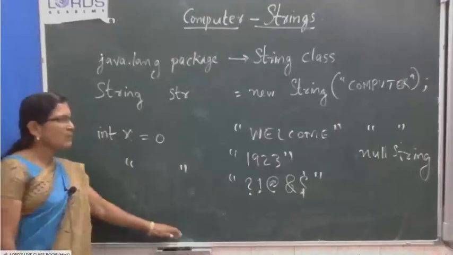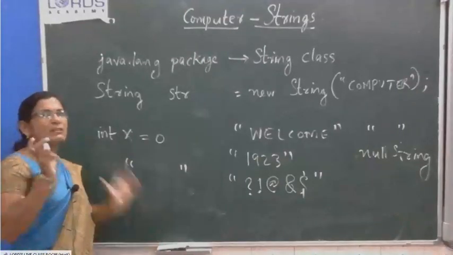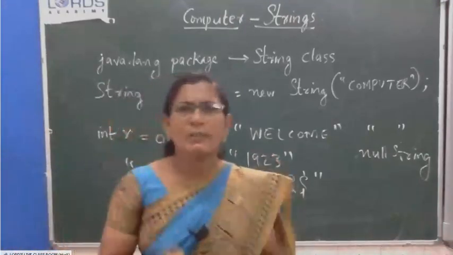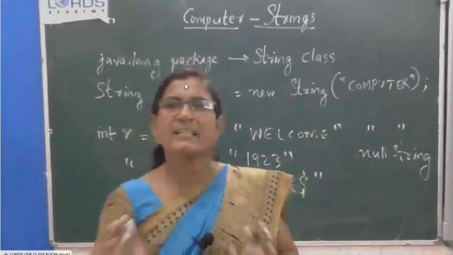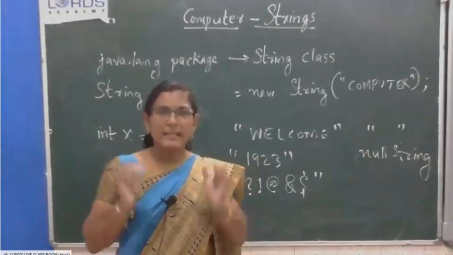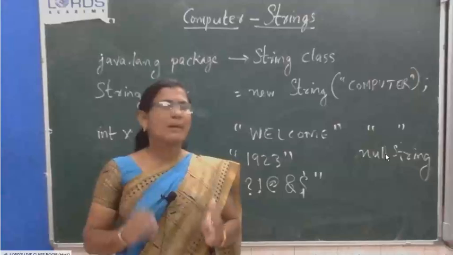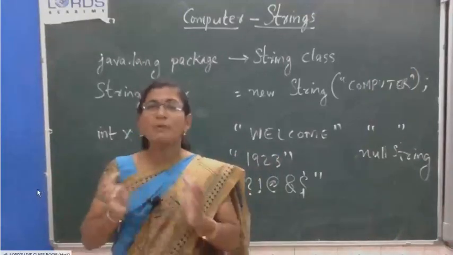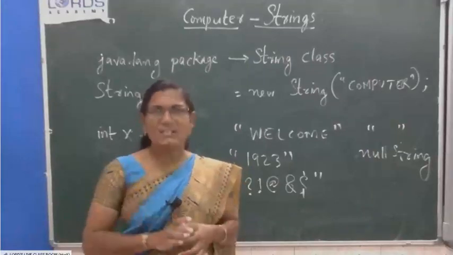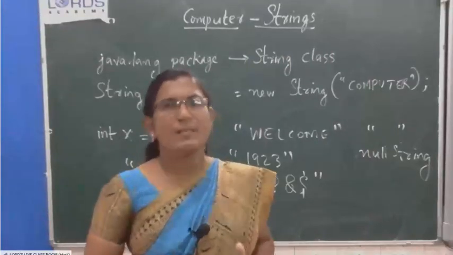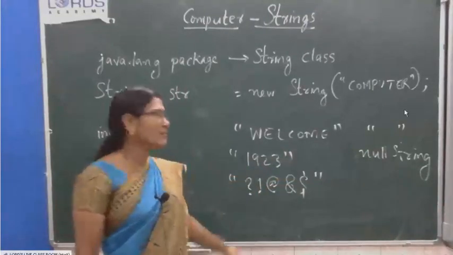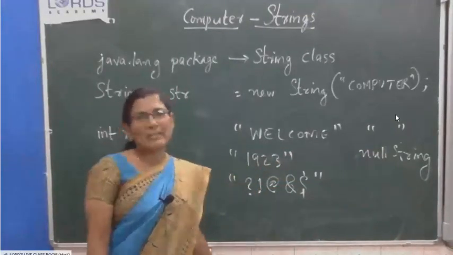Okay. So a string is something which is enclosed in double quotes. Whatever characters or letters or special characters that you give in double quotes is known as a string in Java. You will not be able to do any numerical calculations by using a string. You cannot perform any numerical activities or arithmetic calculations by using a string. Even though you have given 1923 in double quotes,